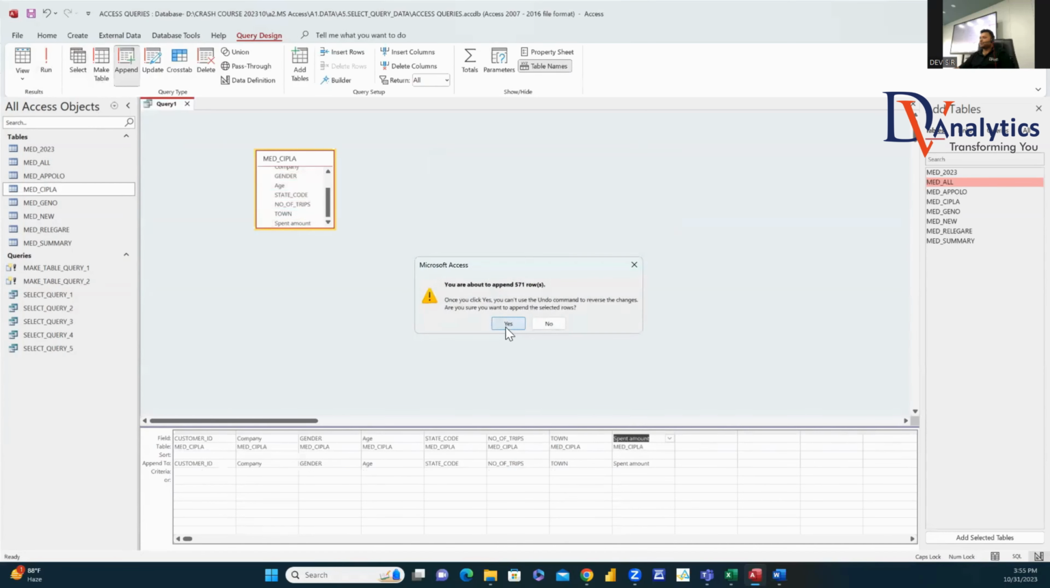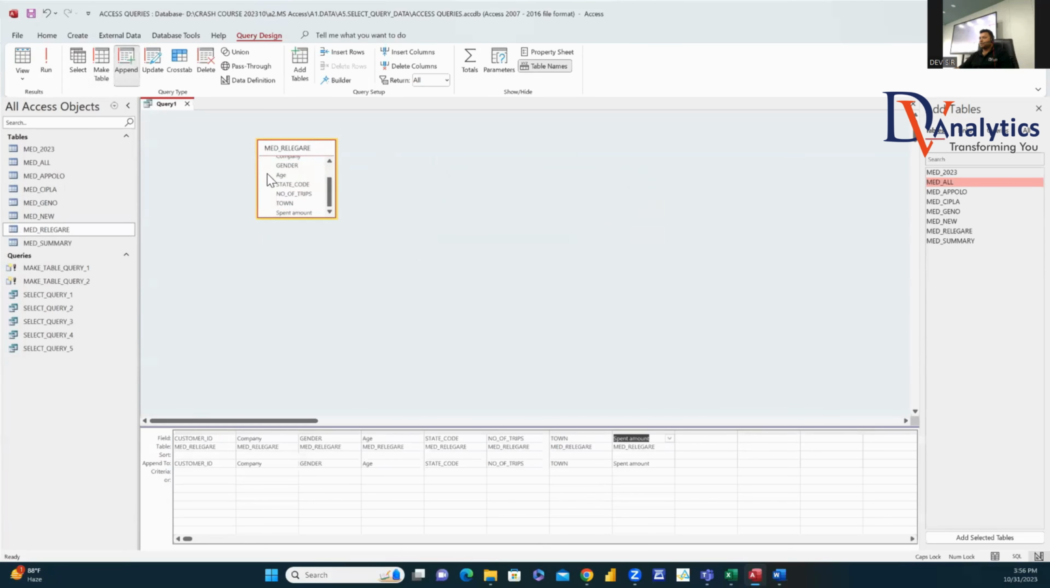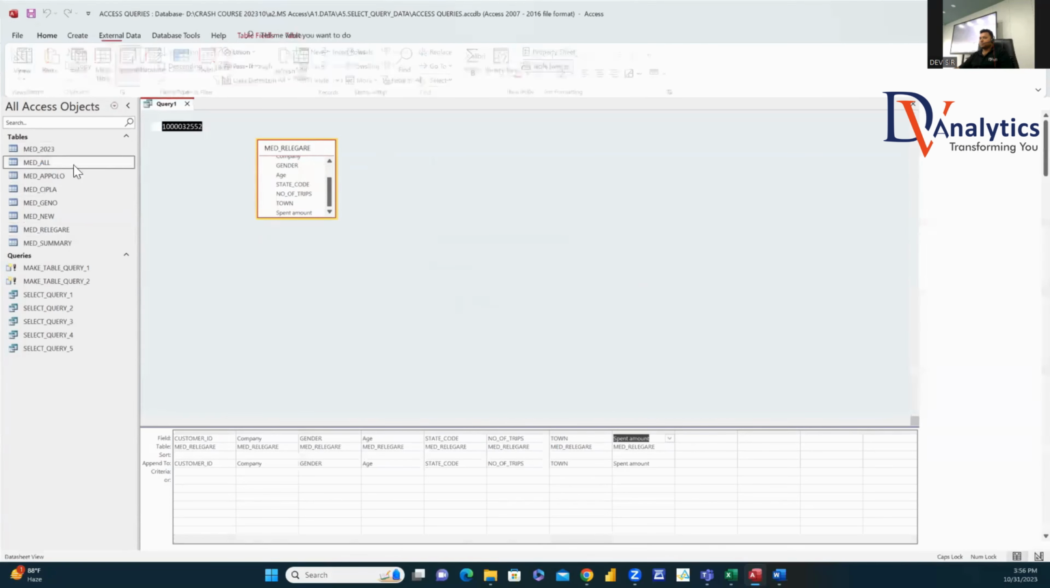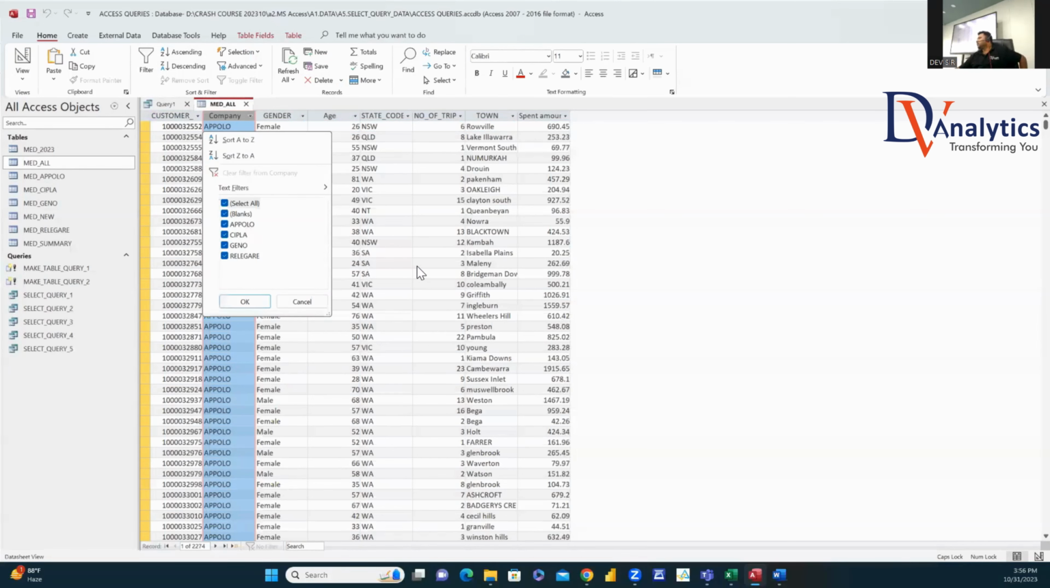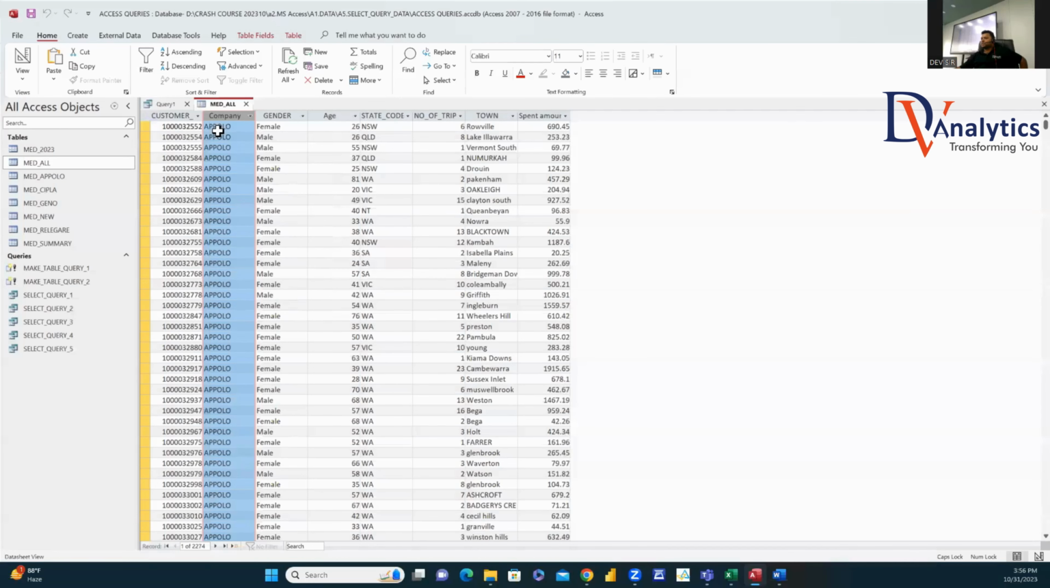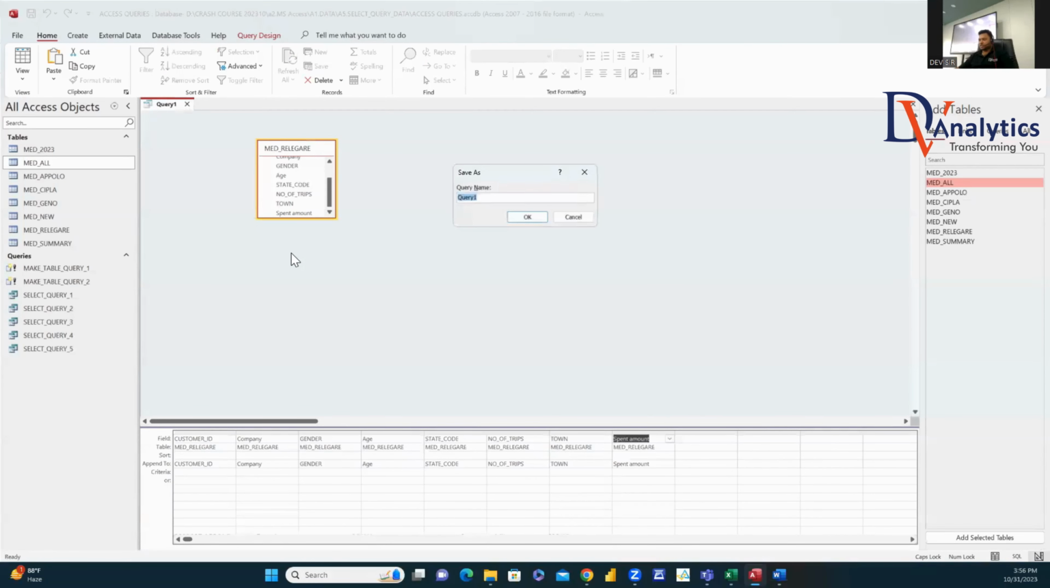Now you'll go for Religare. You select all these columns. You will append to what? Made all. Yes or no? This is how you got the table with made all having the column values. Yes or no, guys? Apollo, Cipla, Geno, Religare all are appended. Yes or no? So this is how we go for saving this query called append query in